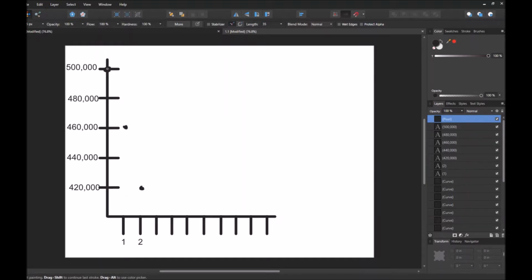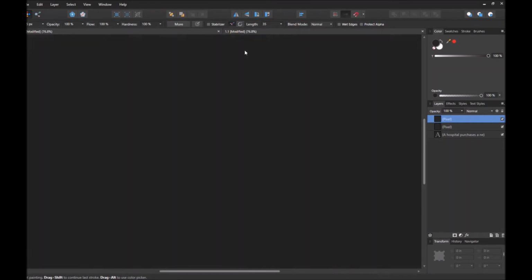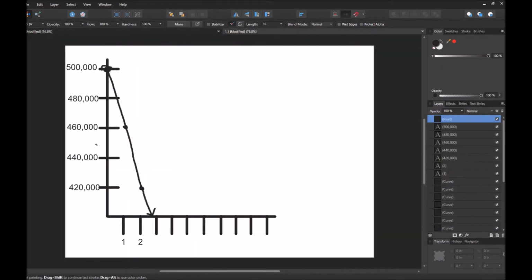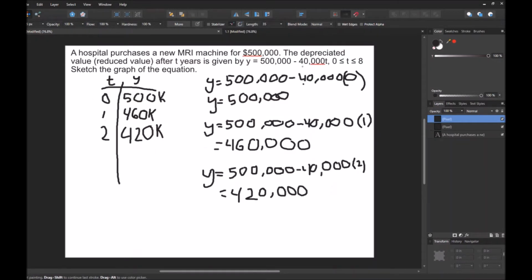And then when we go to sketch the graph of this equation, we can see it goes something like that. This would go on until it gets to 8. But you can see that it's a negative sloping linear graph, which makes sense with what we're given, because this